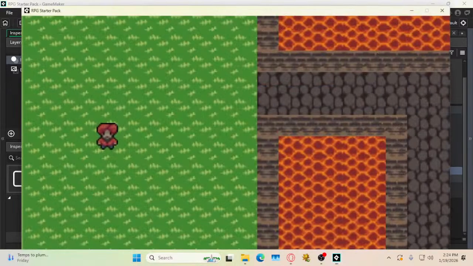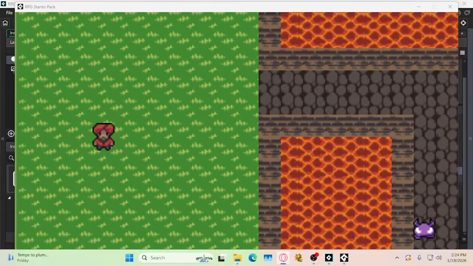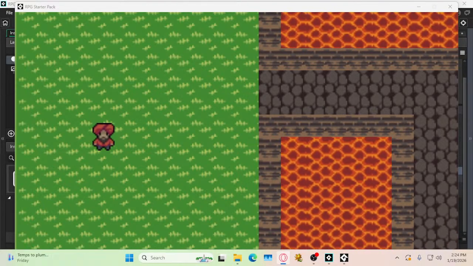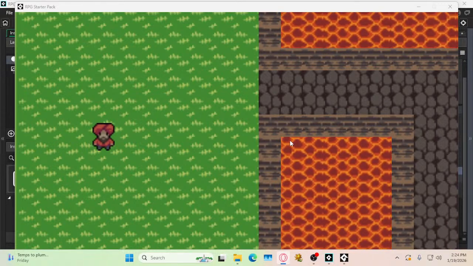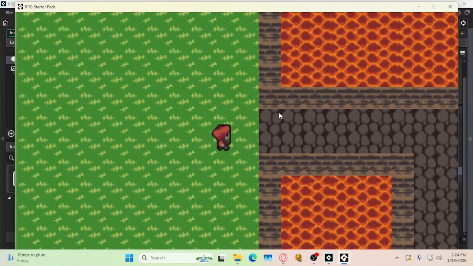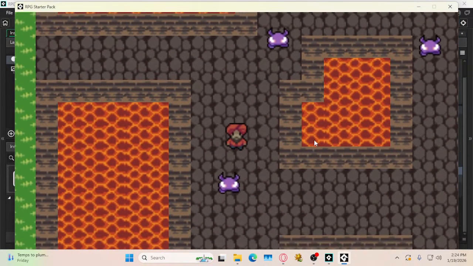Now we can finally run the game and test this. Go near an enemy, touch it, and the battle begins. Click on the run button and you're back in the original room. The problem now is that you'll come back to the room and the enemy will have disappeared. So with this, our turn-based